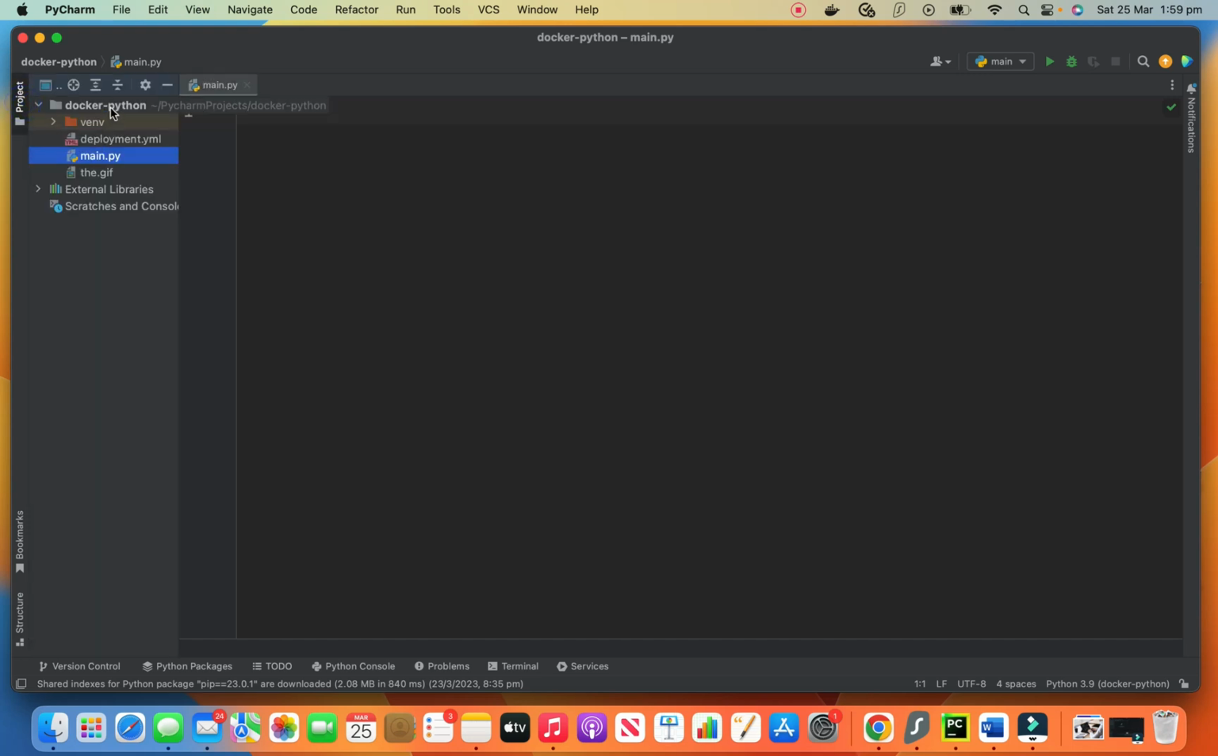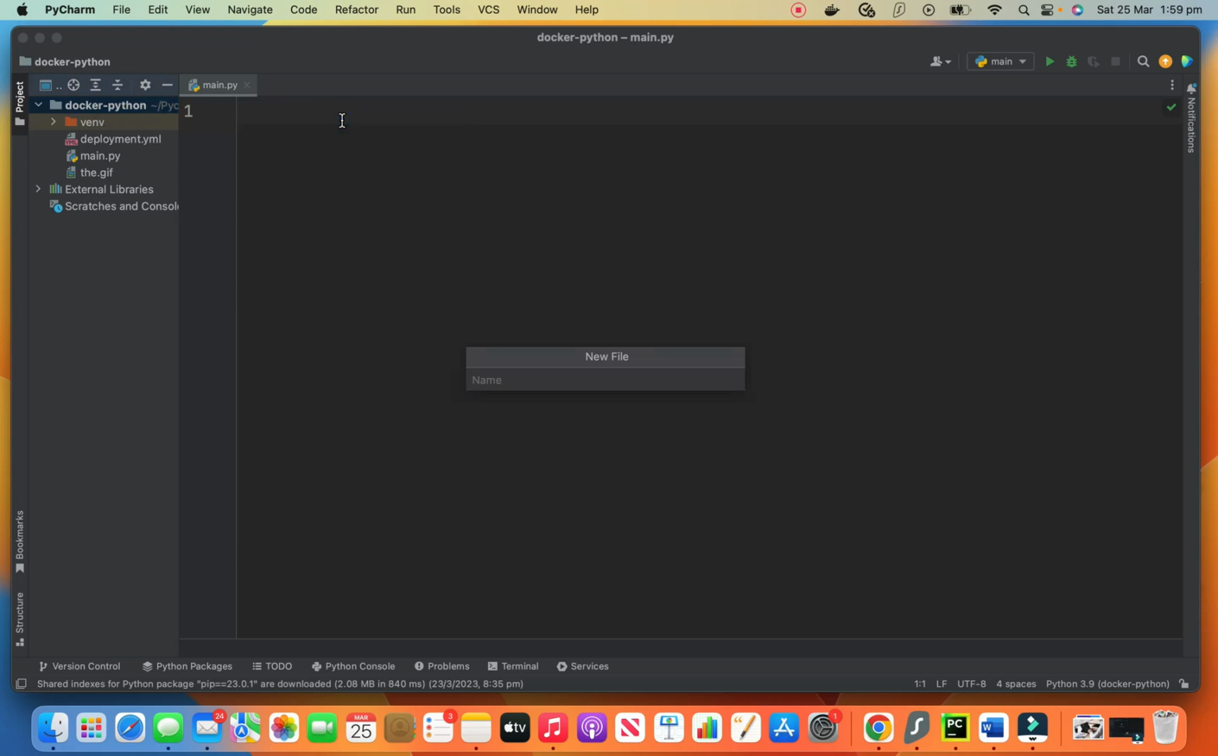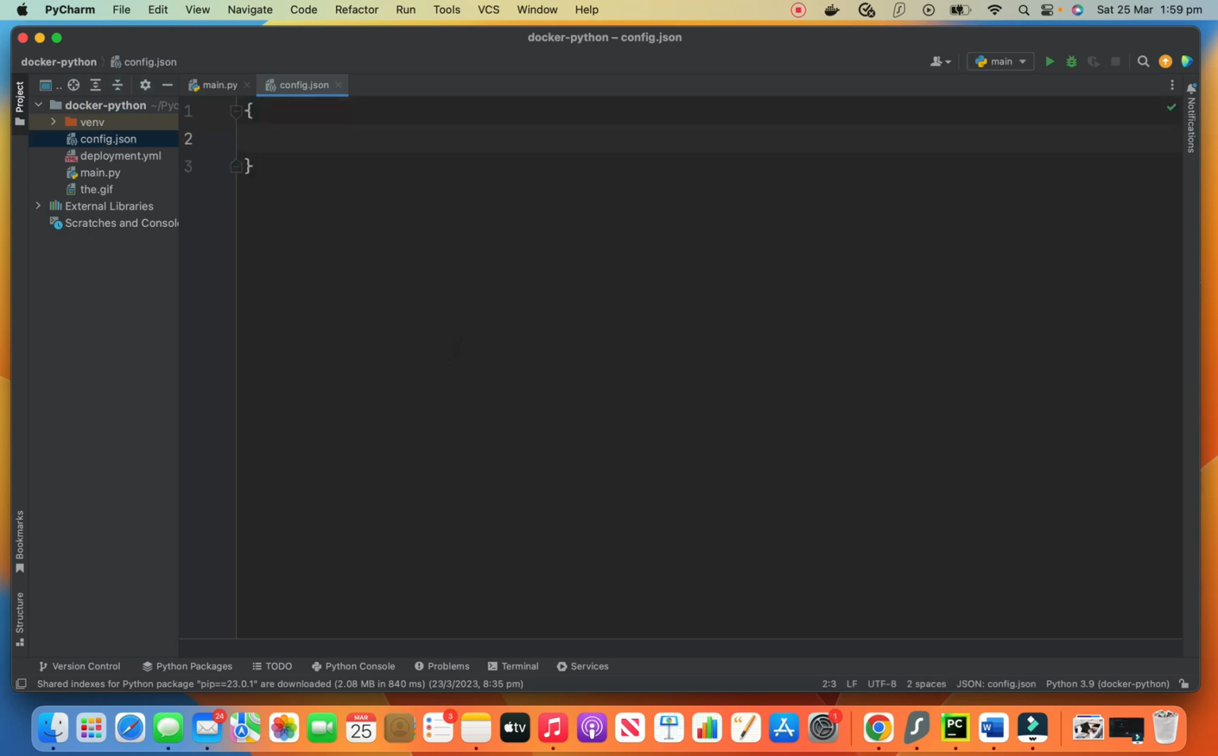So I will create a file in here and I would say the name is config.json. And what I do here is I will add a first name as my name Reza and the surname as my surname Ahmadi. So there are two values that we have here, first name and surname, and we want to read it